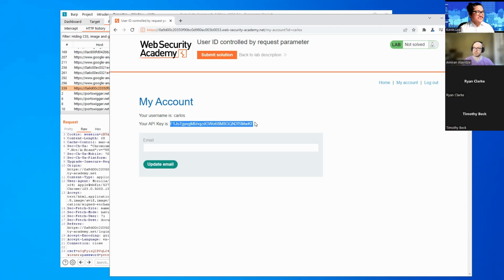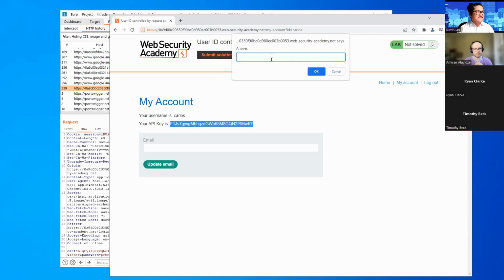So what you want to do is copy this, and click on the orange Submit Solution button over here, because our goal was to get the API key of Carlos and submit it as the solution to the lab. Paste it in here, click OK.